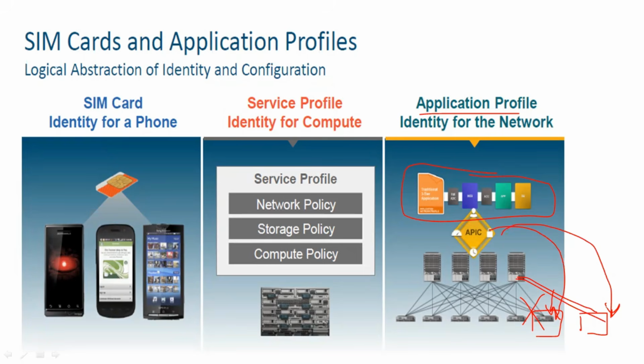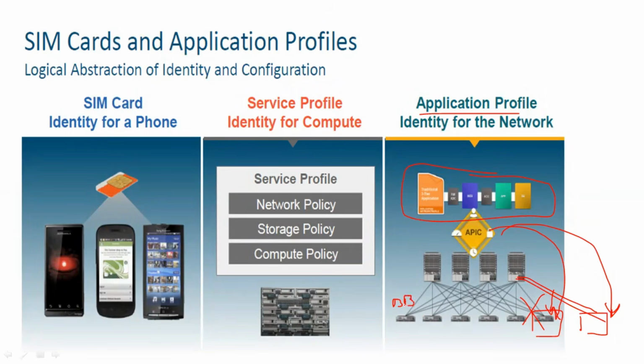Right? So that's the meaning of this application profile. The application profile gives the identity to your network. It means each leaf has its own policy. The other thing is you can do cloning of the policy, meaning this is your